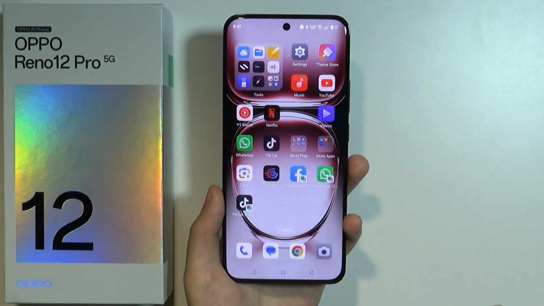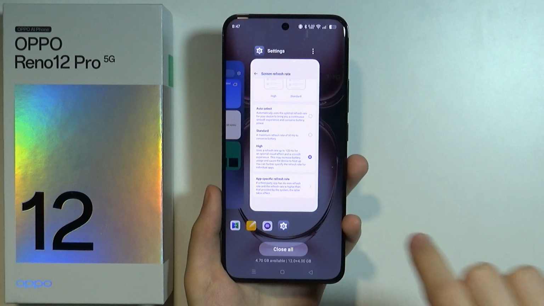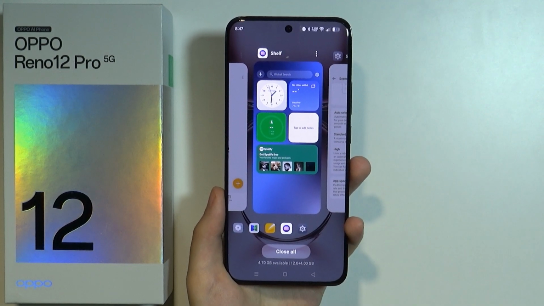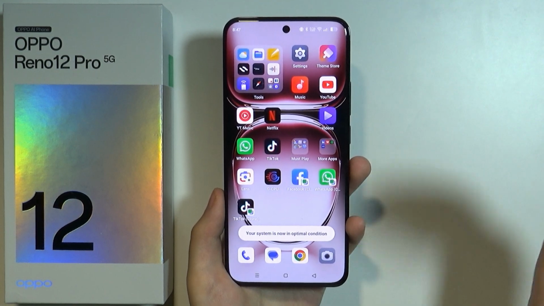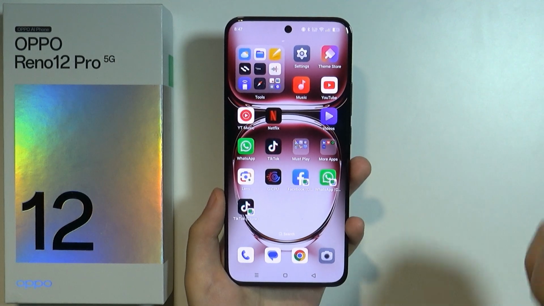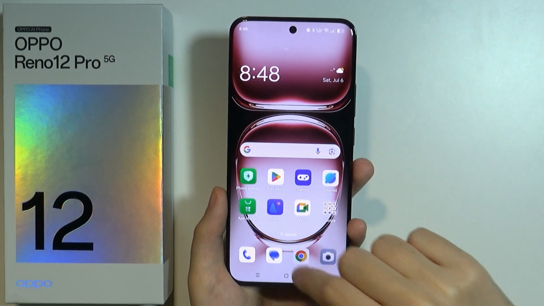So if you are using the buttons for navigation, then you can press this button with 3 lines in order to open apps that are in the background. And from time to time you want to make sure that not many apps are working in the background, especially if not needed, in order to release some RAM. By doing so, you'll definitely speed up the device a little bit, and the same goes with cards in the